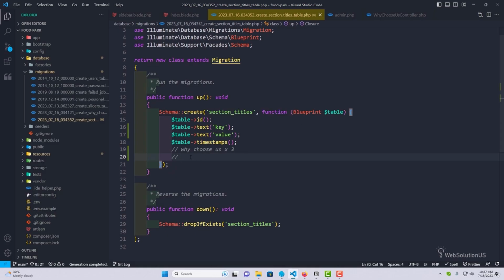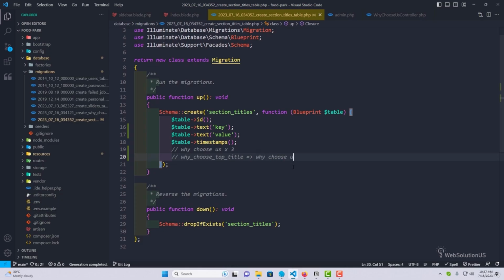Let's say the first title key is why_choose_top_title. We'll be storing this key, and the corresponding value of the key will be the title's value. Let's say